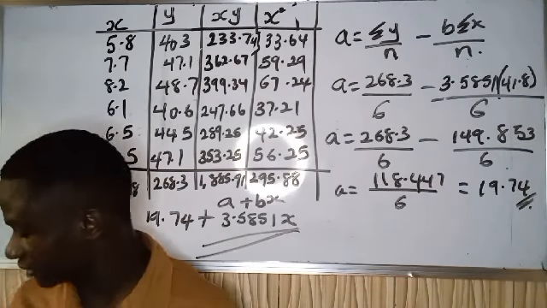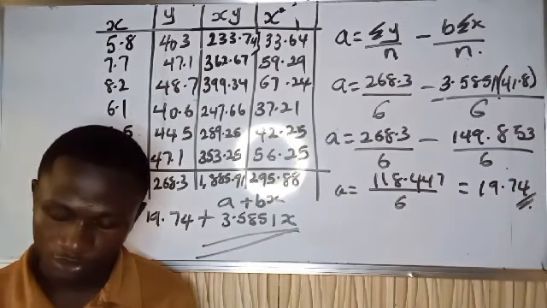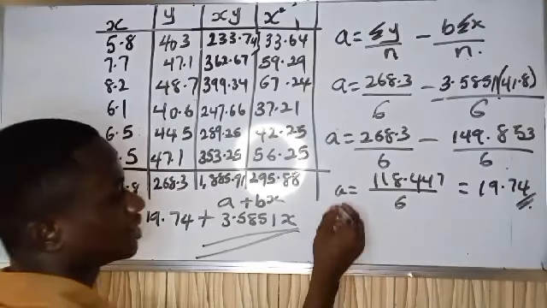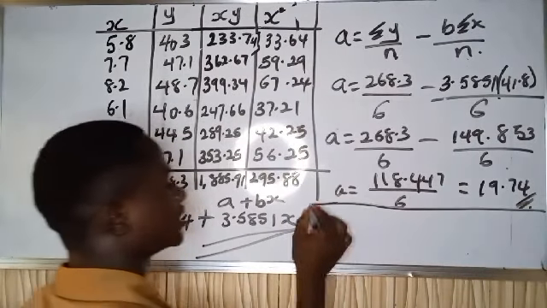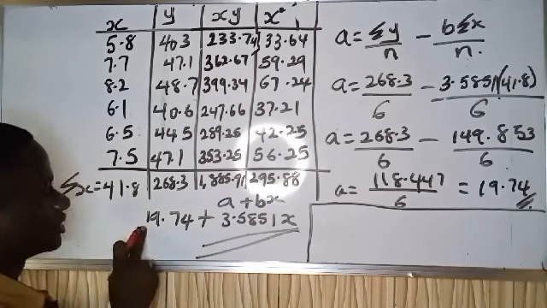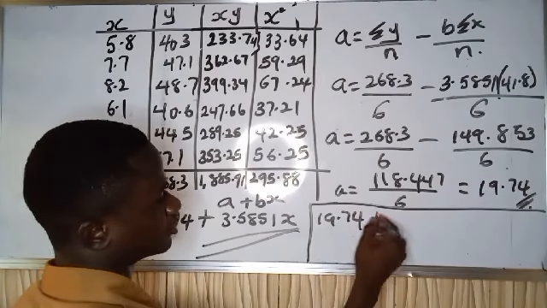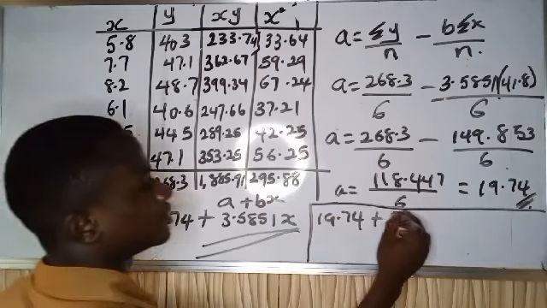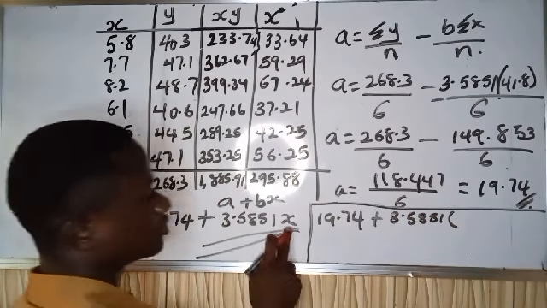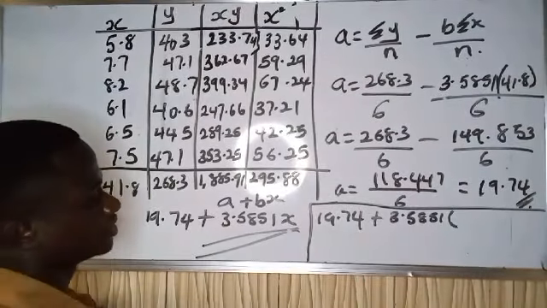If you still remember very well, the last requirement of the question was that we should estimate the cost of producing 9,000 units. I think we can estimate that one here. So the cost of producing 9,000 units will now be 19.74 as our fixed cost, plus 3.5851 multiplied by your x, which is your quantity, is